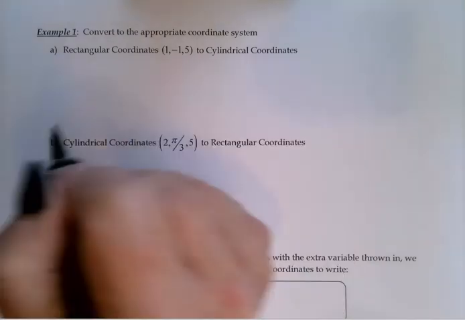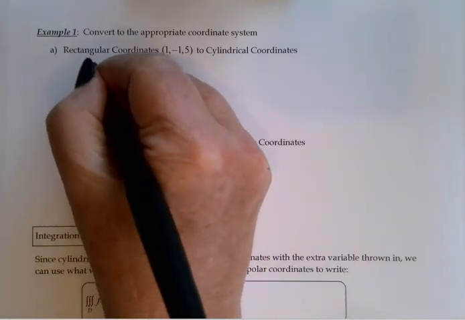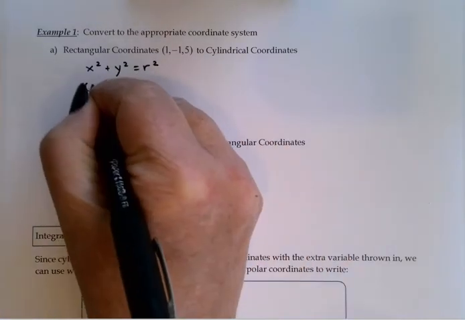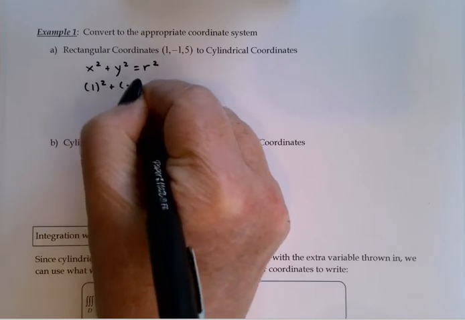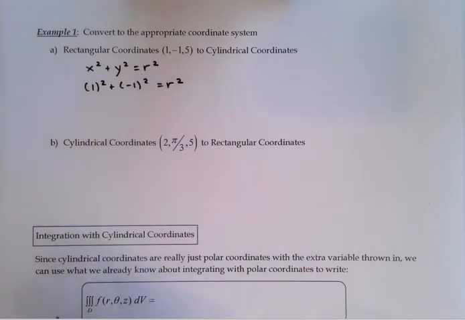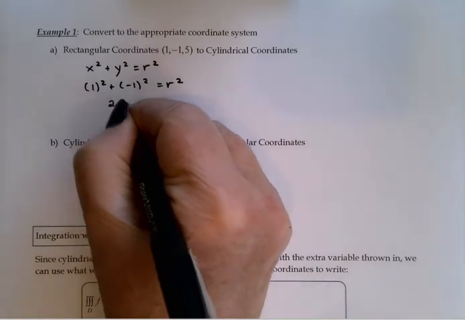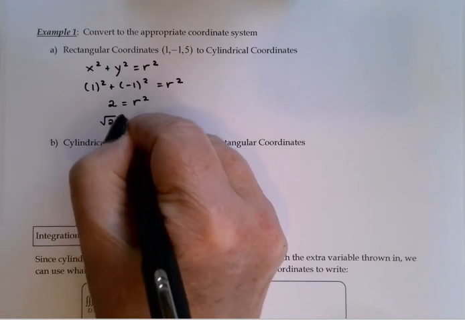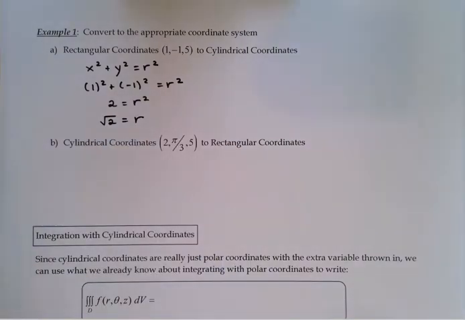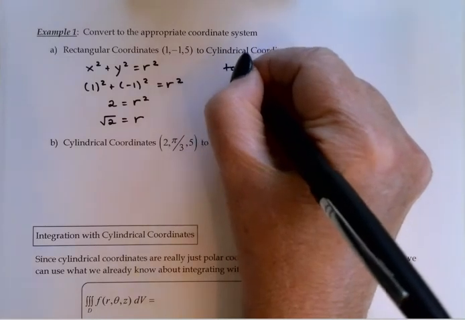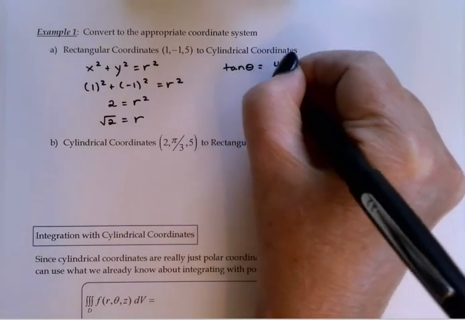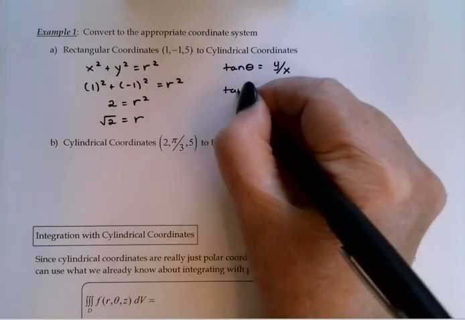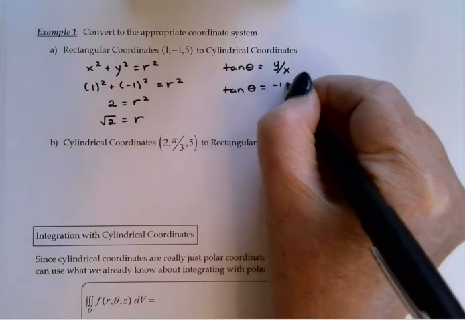So I'm going to use my conversions. We know, first of all, that x squared plus y squared equals r squared. So plugging in the x and y values from our point, 1 plus 1 is going to give me 2 for r squared. And r would be the square root of 2. I also know that the tangent of theta is equal to y over x. So in this case, that would be negative 1 divided by 1,